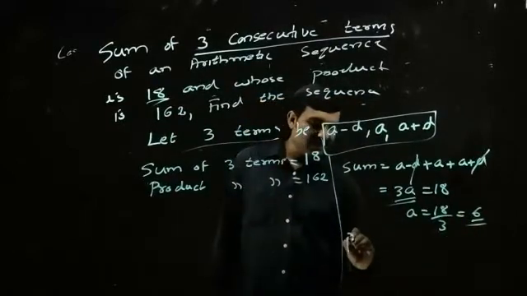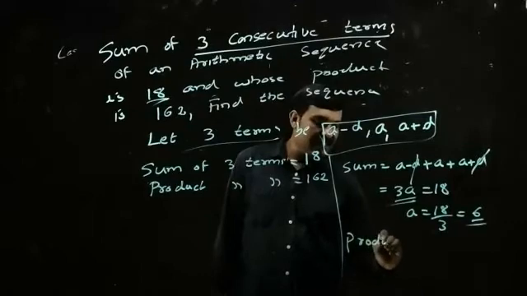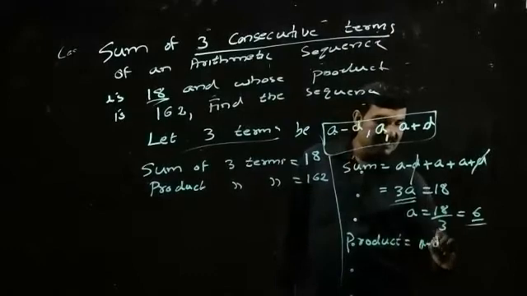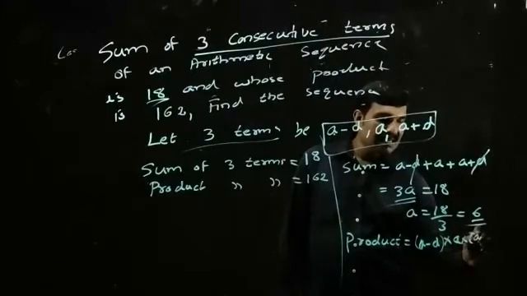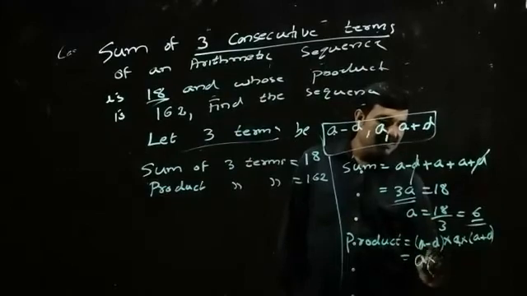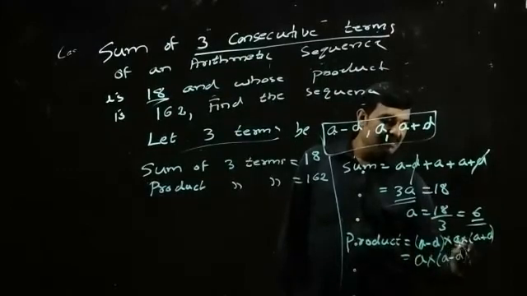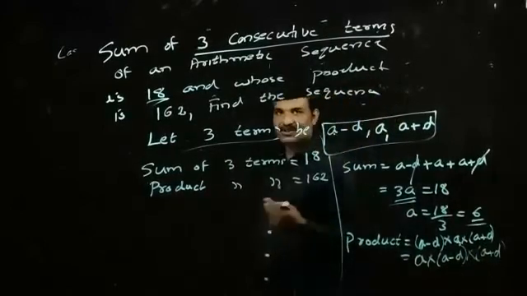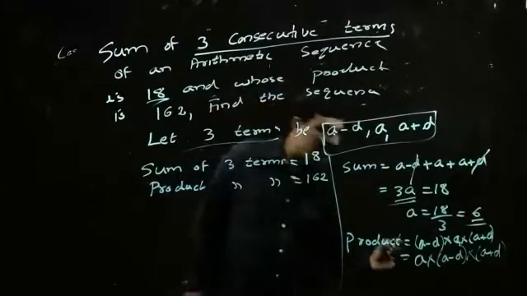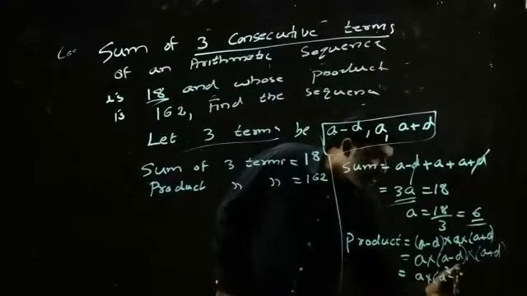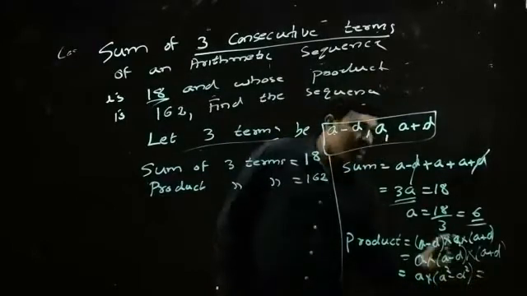Now what is the product? The next condition given is product is equal to A minus D multiplied by A multiplied by A plus D. Right. I am writing this A first. So this is equal to A multiplied by A minus D into A plus D. This is again the form A minus B into A plus B, that's A square minus B square. So we can write this is equal to A multiplied by A square minus D square. That is given as